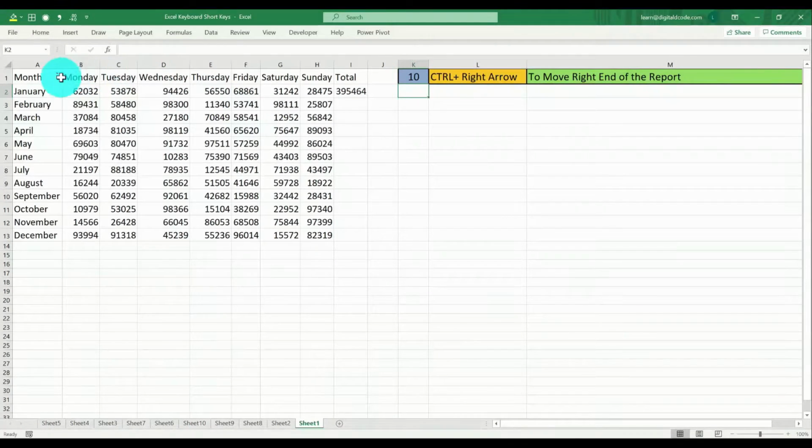To navigate to the right side of the report, Control Right arrow. To navigate to the left side of the report, Control Left arrow.